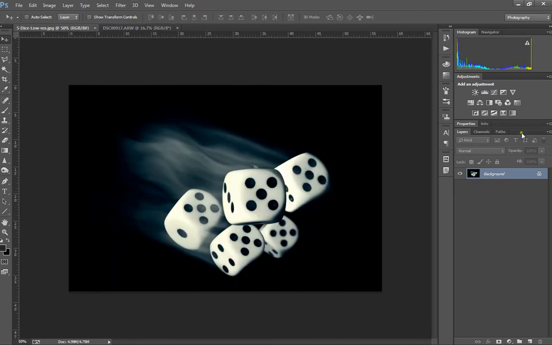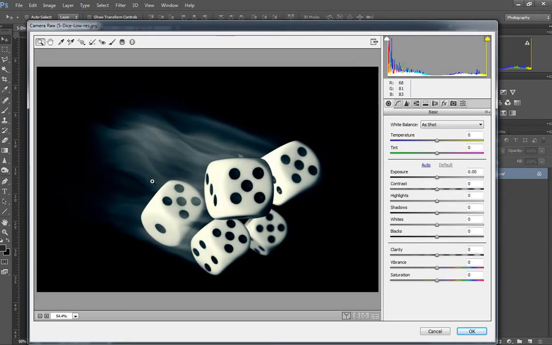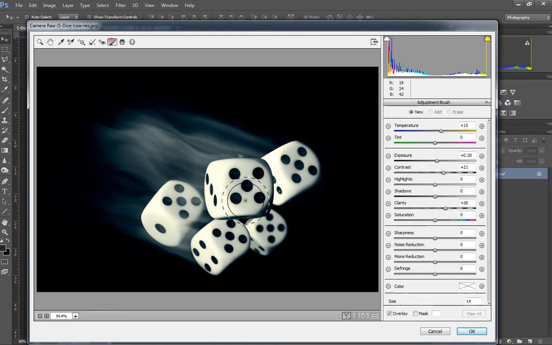Let's change my dice picture. So this is all done almost all in Photoshop. You can get a very similar effect using a rear sync flash. The fun part of that is getting the darn thing to behave itself. But let's say we want to change the color of one of those dice, reduce the size of our brush, paint in the area,